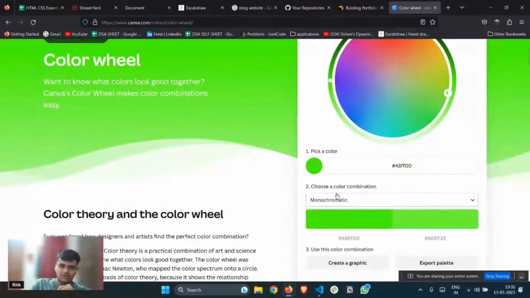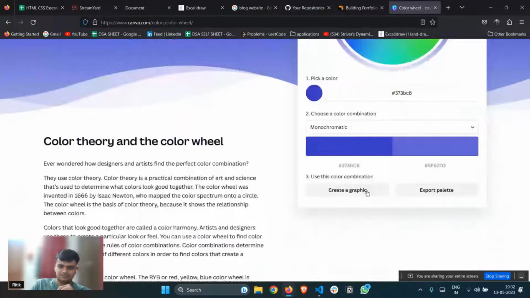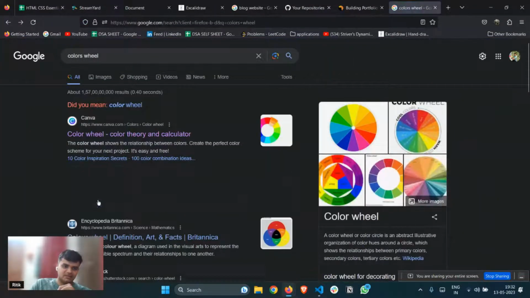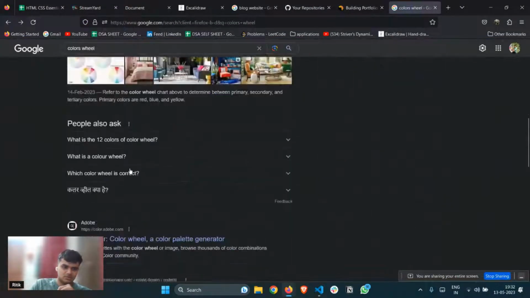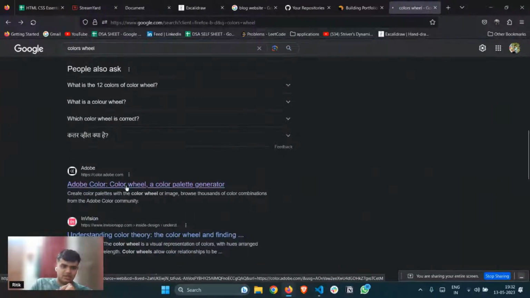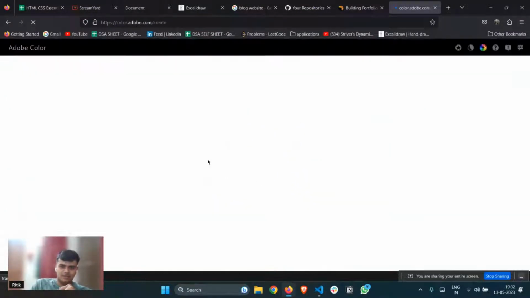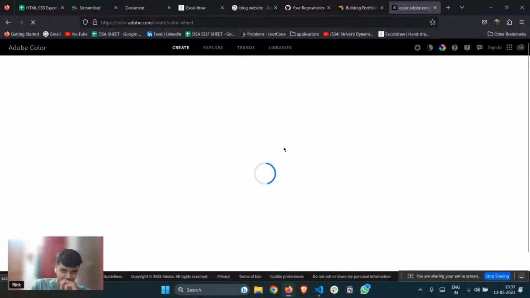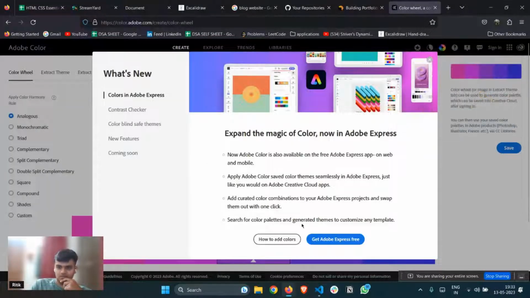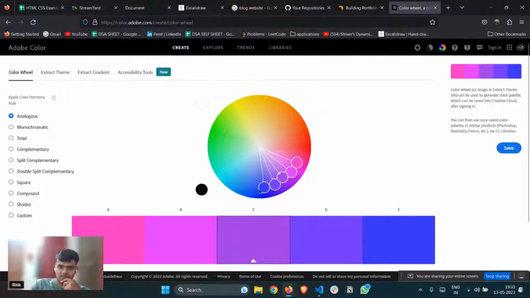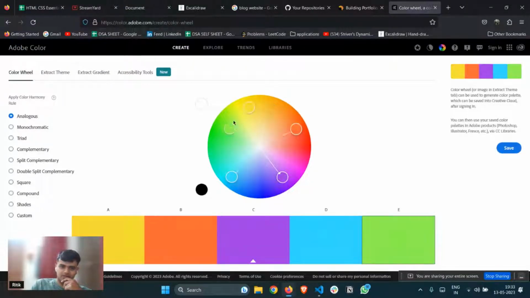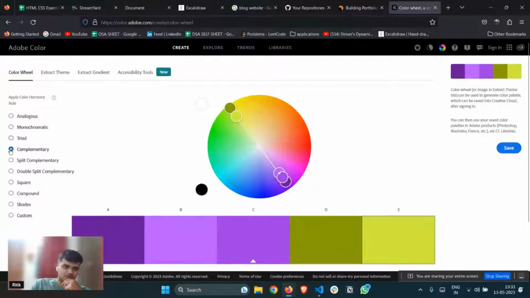So if I choose monochromatic, if I go here, एक और वेबसाइट चीज की, I think it was Adobe color palette. ठीक है, तो यहाँ पे if you go, देखो यहाँ पे देखो, you can also add colors from here, which colors will look good and which colors will not. So this is a usual, what do you say, mono. So complementary means if you are using, क्या कहते हैं,